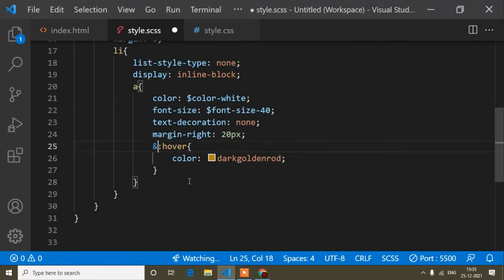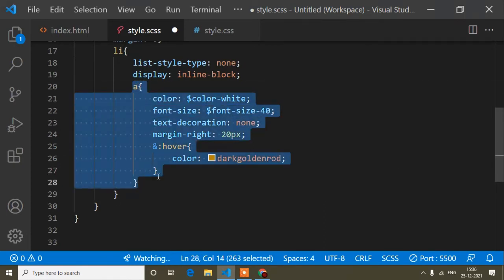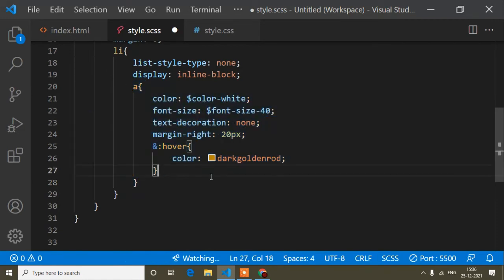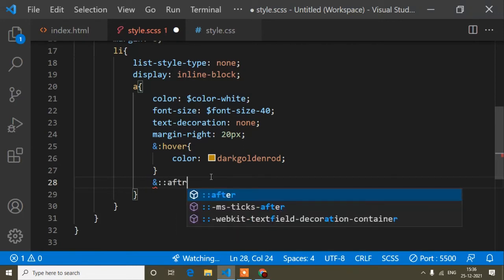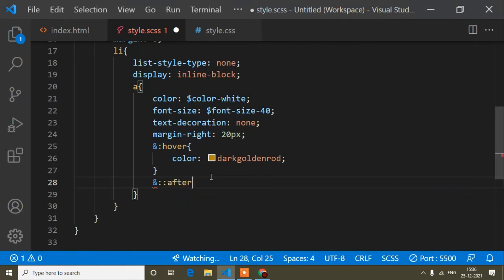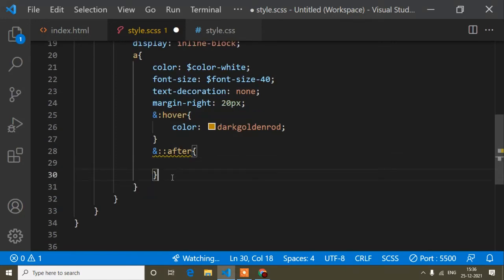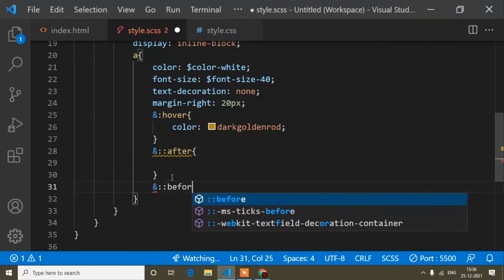So same way, after, before: if you want to add something in the after of this anchor tag, at that time you can write ampersand after, like this. Okay, you can do that. So now guys, I hope it's clear, so you can do it by yourself also. After tag, before tag: suppose you want to add something inside this before tag, so you can add it like this.